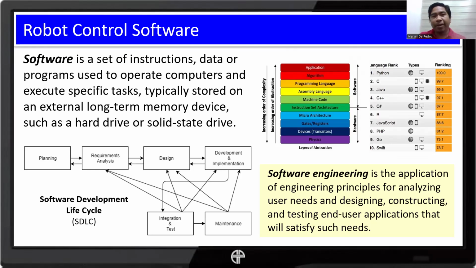Okay. So we get inputs from our stakeholders, including our target beneficiaries or target users. Once we have those requirements, we analyze them so that we can come up with our design. Okay, so we match the details of our planning and the requirements that we get to come up with the most appropriate design, depending on our constraints and the requirements that we have identified. Once we have the final design, of course, we proceed with the development, and then we implement that so that we can test it, right?